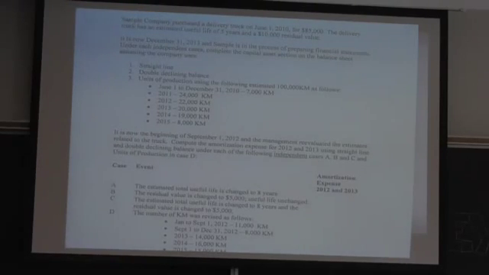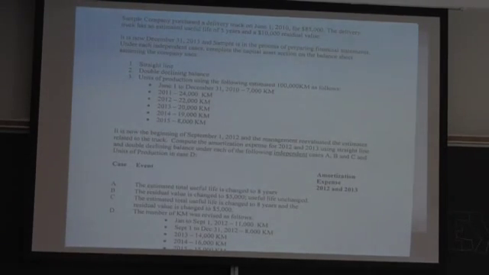Sample company purchased a delivery truck on June 1st, 2010 for $85,000. The truck has an estimated useful life of 5 years and a $10,000 residual value. It is now December 2013, and Sample is in the process of preparing the financial statements, and we need to complete, under each of these independent cases, the capital asset section on the balance sheet, assuming the company uses the following